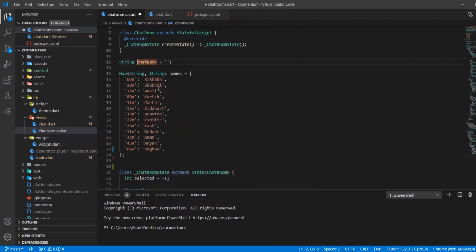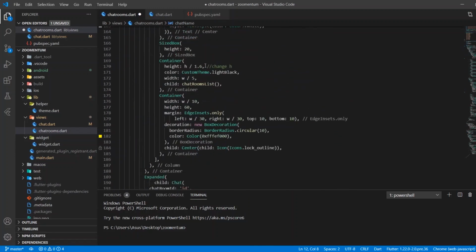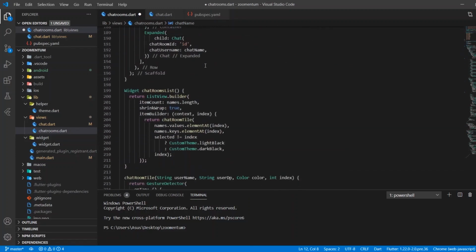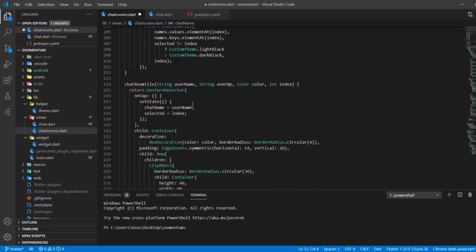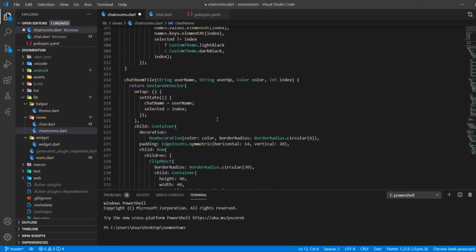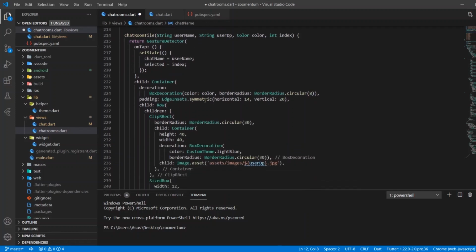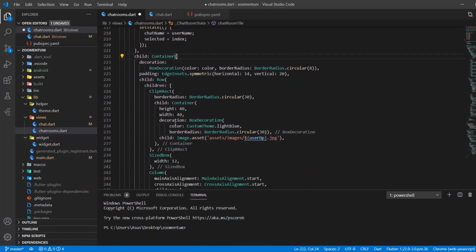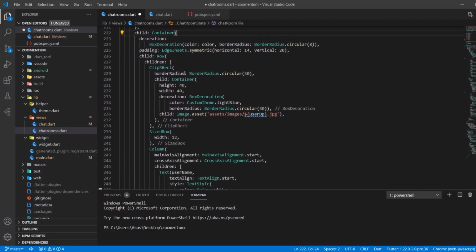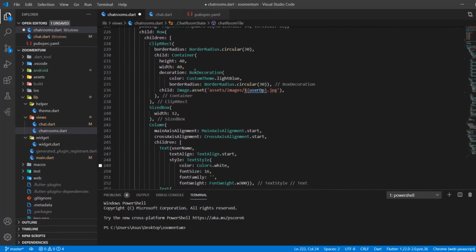I have also created the chat name earlier; it is basically nothing but an empty string. So I have set state the chat name to the username that we are clicking, and selected equals index for that dark and light black part, and created a simple container with border radius and all, clip rect. You can see all in this code.